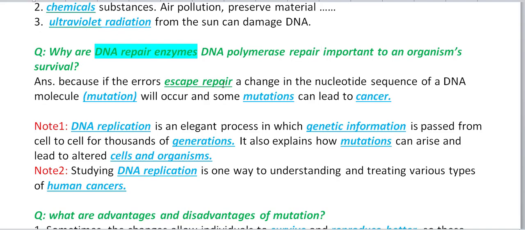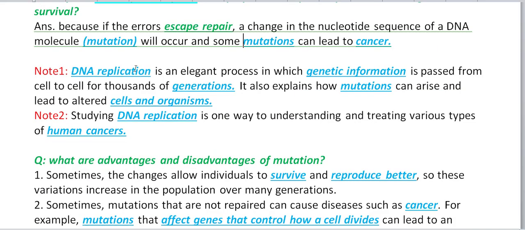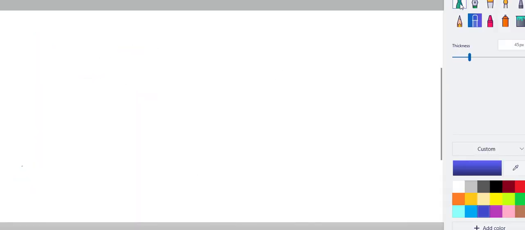Because if the error escapes repair, a change in the nucleotide sequence of a DNA molecule will occur. So what is the meaning? The nucleotide sequence of the DNA molecule changes, meaning mutation, and some mutation can lead to cancer. DNA replication is an elegant process in which genetic information is passed from one cell to thousands of generations. We know that during embryonic formation, one of the cells